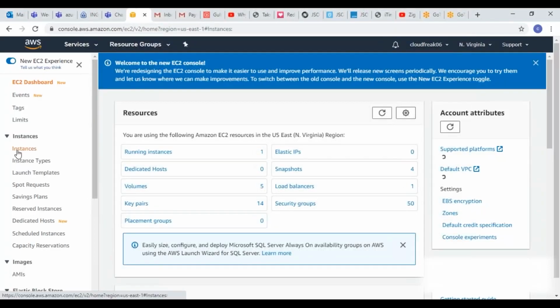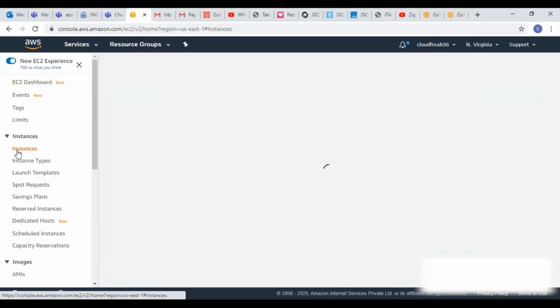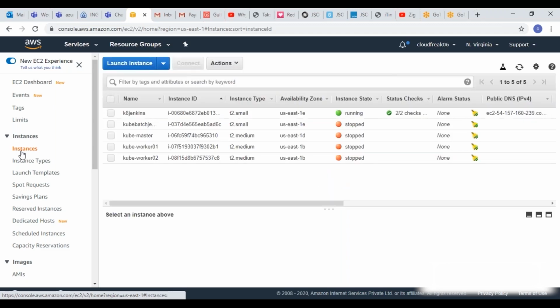Okay, in the last session we were discussing the horizontal pod autoscaler. So horizontal pod autoscaler we can do in two ways. One is for CPU and one is for memory. Whenever there is a huge CPU, we can create pods automatically, and whenever there is a huge memory, then